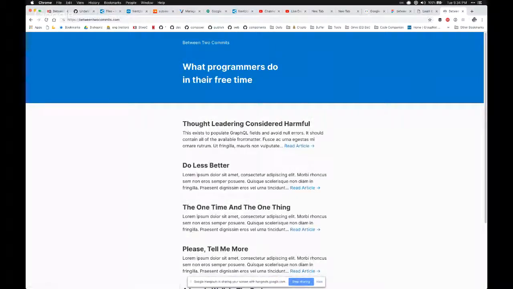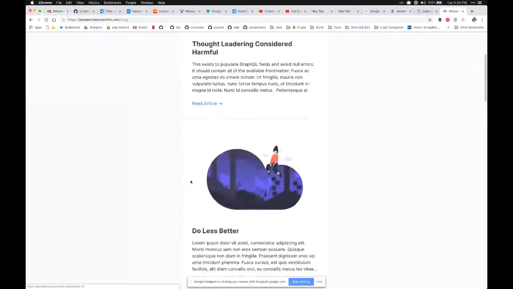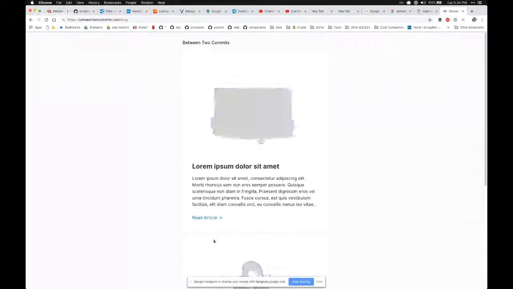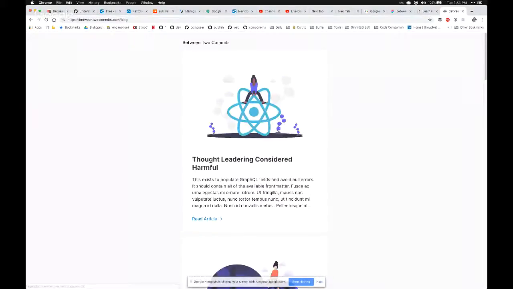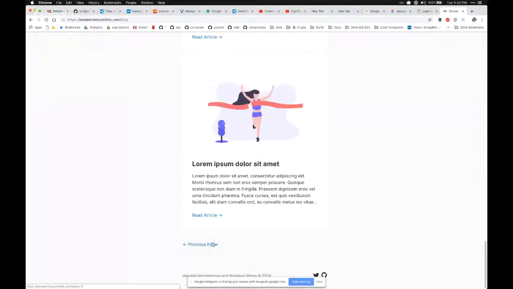It doesn't have a number of pages. It's just previous until you stop. That's weird. Maybe because there's only two pages, but I'm assuming it's very simple pagination. Pagination with Gatsby is very doable, but everything's static, so you have to regenerate it. That's not a big deal. We can hack on that for sure.